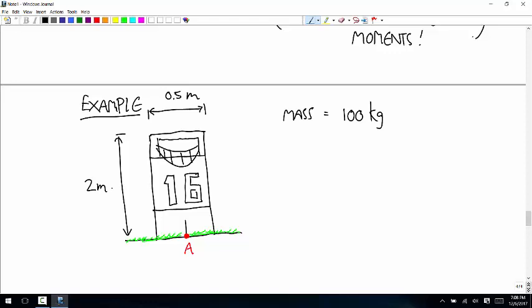Okay. And let's say a defensive player comes in on this side. Okay, so a defensive player comes in over here and applies a force of, what's a good football force? I have no idea. 1,000 newtons. So that's supposed to be at the middle of the height, 1 meter off the ground. And then another player comes in and